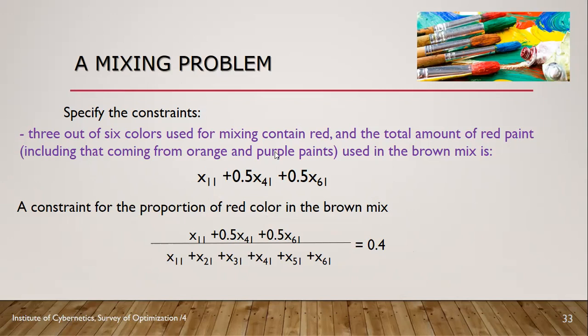Yeah, so this actually goes at the numerator, and the denominator introduces the total number of paints in the brown color, of all paints actually in the brown color paint. According to the input information, it is 0.4. But of course, the ratio equations are not convenient for us. So let's convert it to a linear one by multiplying both sides by the denominator, then moving all the variables to the left-hand side,